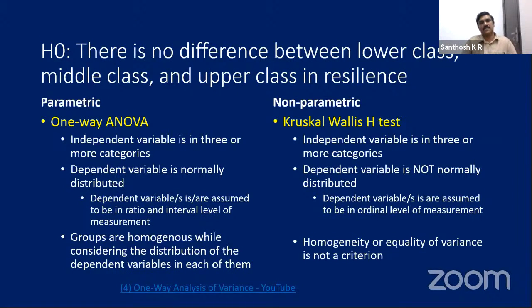So both independent sample t-test and one-way ANOVA have one similarity: the dependent variables will be somewhat similar, but they are contradictory in one thing. The independent variable will be 2 categories in the case of independent sample t-test, and 3 or more categories in the case of one-way ANOVA. The non-parametric equivalent of independent sample t-test is Mann-Whitney U. The non-parametric equivalent of one-way ANOVA is Kruskal-Wallis H test.